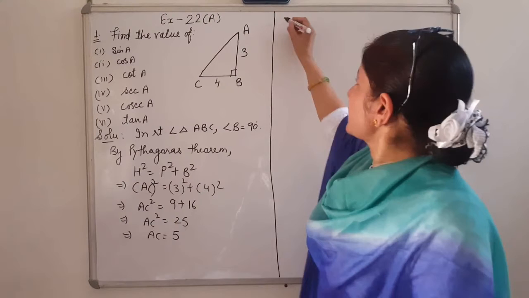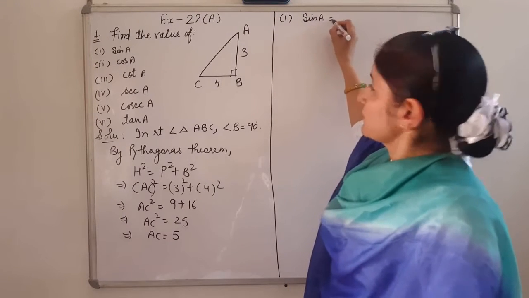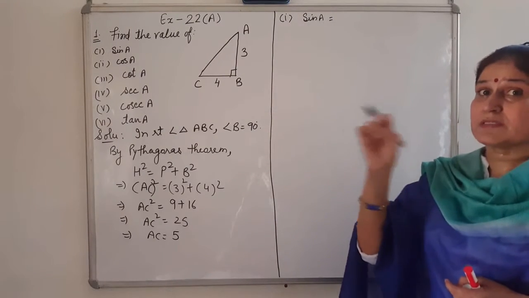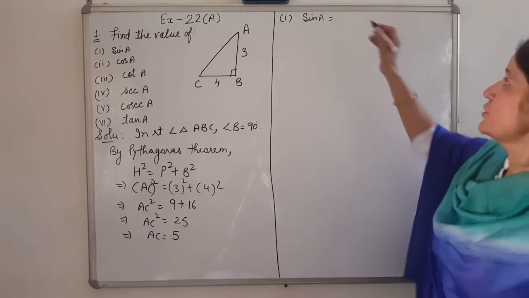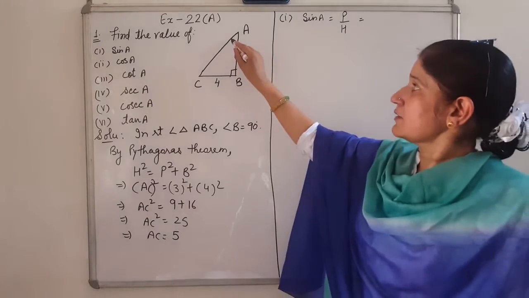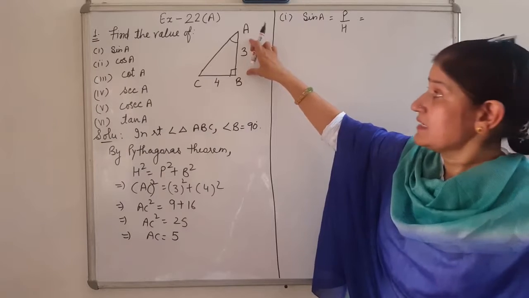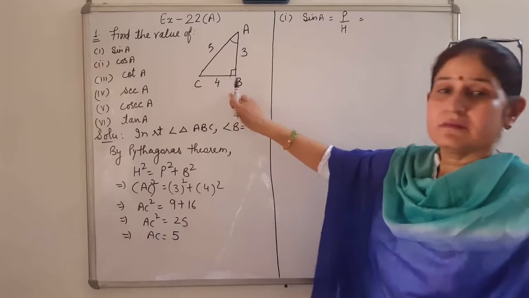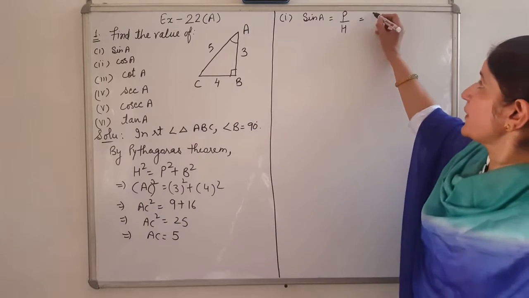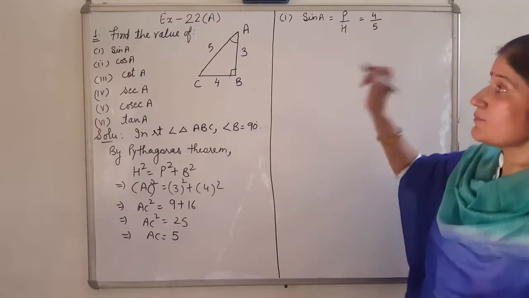So now for the first part, you have to find sine A. Which two sides' ratio will we take here? As I told you, Pandit, Badri, Prasad, Har bole, P and H. P over H. Now sine A, this angle you have to take. The adjacent side we always take as base, and the other side we will take as perpendicular. So what will come here? Perpendicular is 4 and hypotenuse is 5. It will remain the same.